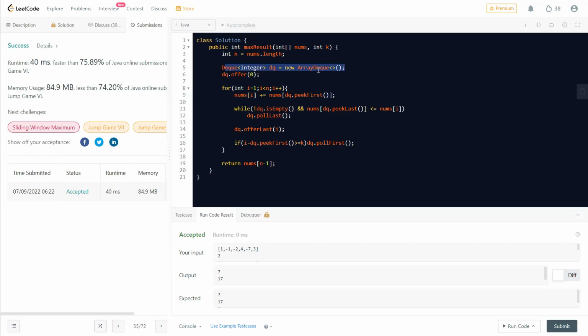Okay, so we are using the array deque for that purpose, and this particular deque will help us in storing the index of the elements. Whatever elements we come across, it will help us store the index. So for that purpose, we actually took the deque. I'll explain further in the code how it is